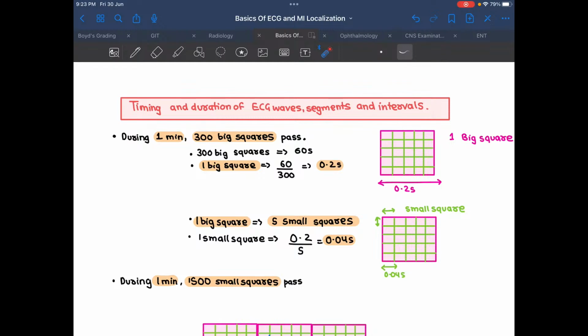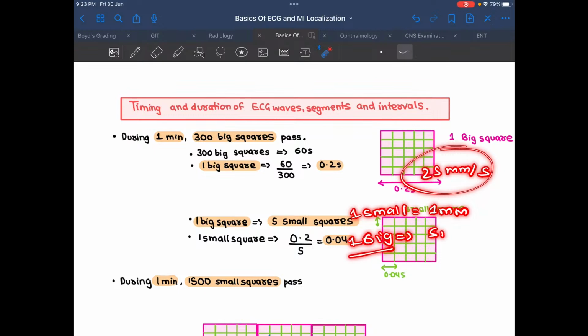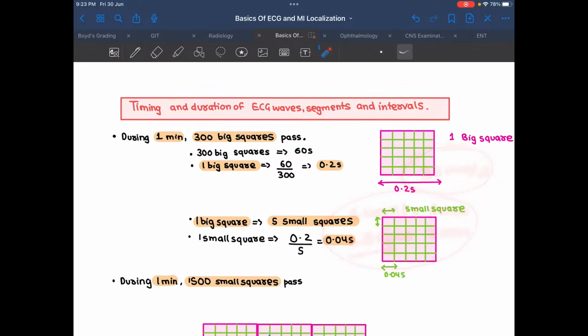So we were talking about the ECG strips, right? We were talking about standardization. So the speed is 25 millimeters per second. Okay, one small square is 1 millimeter. Just remember, and one big square is made up of 5 small squares, so it is going to be 5 millimeters. Okay? So if I am running at a speed of 25 millimeters per second, that would mean 1500 small squares are getting crossed. Okay? During 1 minute, 1500 small squares are getting crossed, and during 1 minute, what's going to happen is,